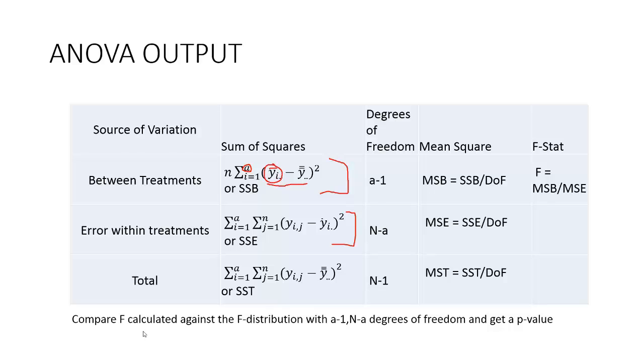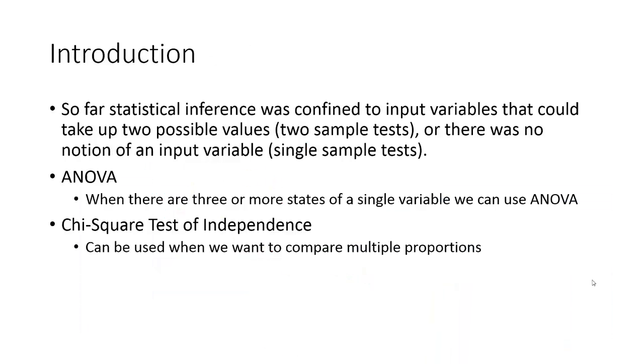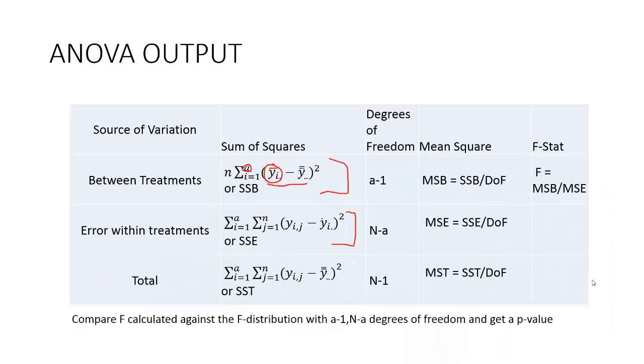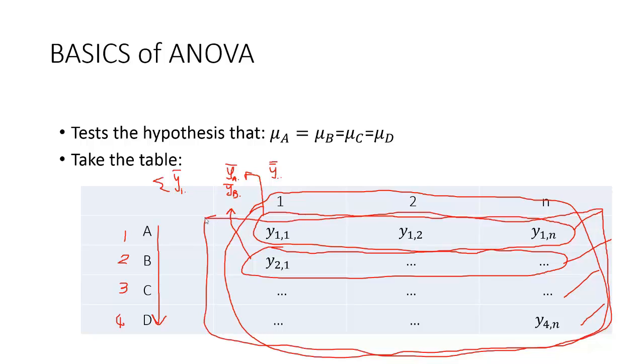So I'm essentially taking this average, this average, this average, this average separately. I'm taking each of those and subtracting that from the grand mean, the overall mean. The overall mean is nothing but every single output variable. This entire table average is y bar bar dot dot. Okay, so